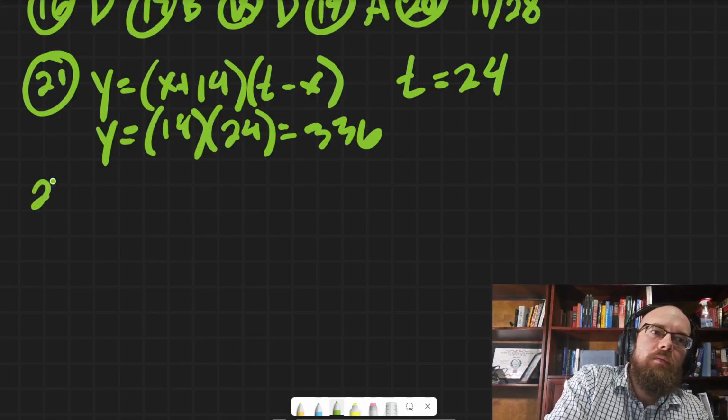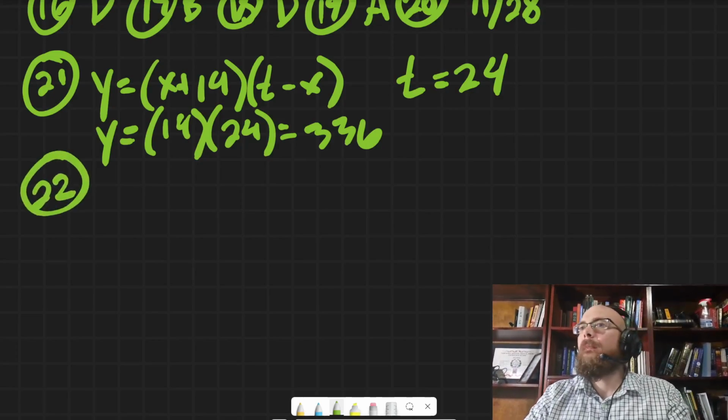Okay, cool. Yeah, that one was kind of fun. 22, that's a circle. Which following is a possible value for A? So the point AB lies on the circle. Possible value for A. Well,